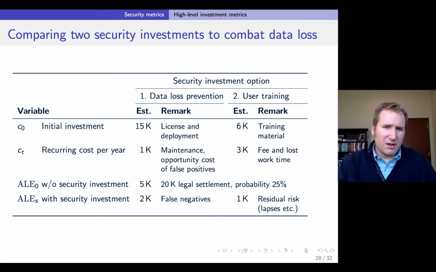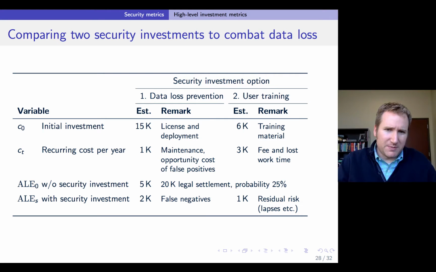So for that, the user training option has a lower initial cost of say only $6K, but the recurring costs are higher, in that you have to periodically retrain your users, and you have to continue to do the training for it to be effective. But let's say if you do that, then it actually is more effective in terms of reducing the expected loss